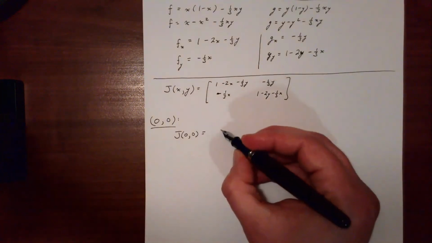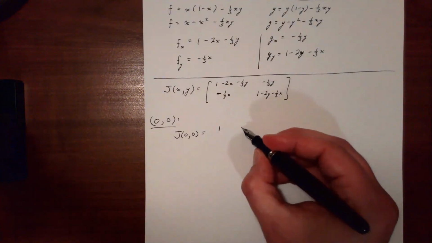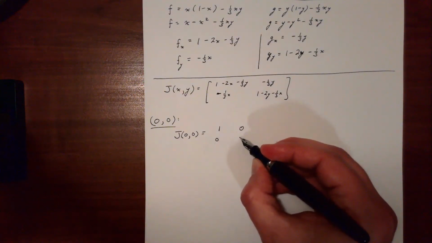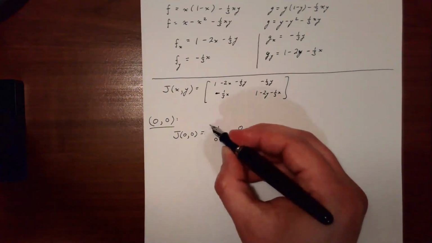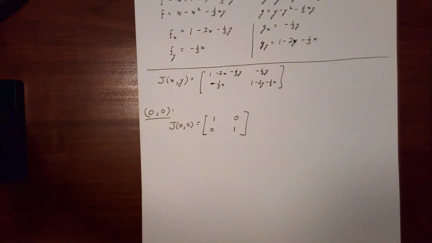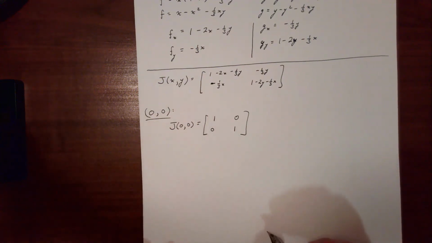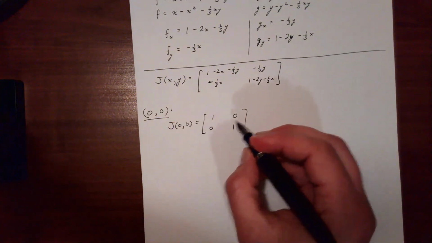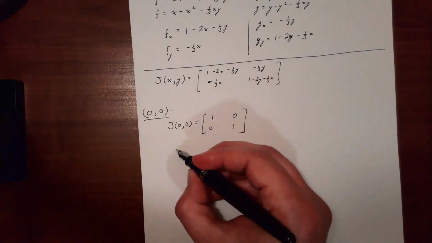So it looks like it's going to be 1, 0, 0, 1, which may strike you as a peculiar solution, or peculiar matrix, because it happens to be the identity. Is this a coincidence? Not really. It's not really a coincidence or anything, but the important thing here is that this is going to